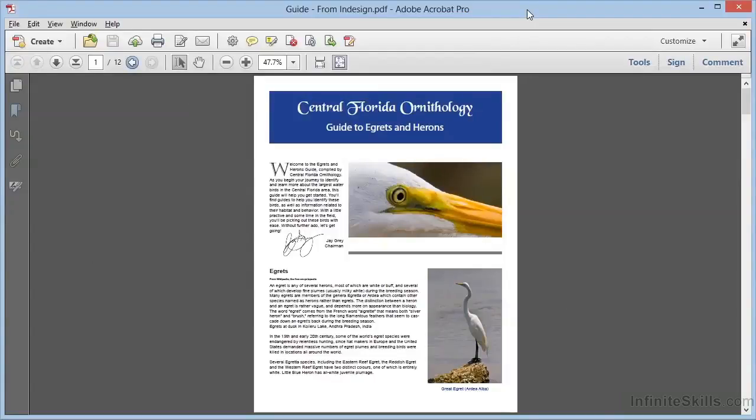As we're working with bookmarks, we might want to reconfigure our bookmarks so they direct the reader to a specific view of a page within our document. We're looking at the file guide-from-indesign.pdf. This is the file we created from InDesign in the previous video using the bookmarks generated from our authoring